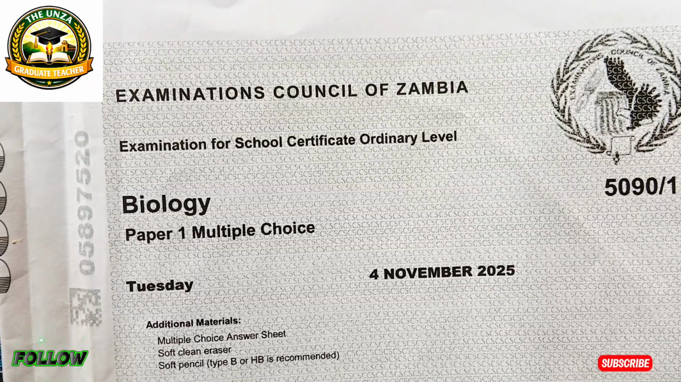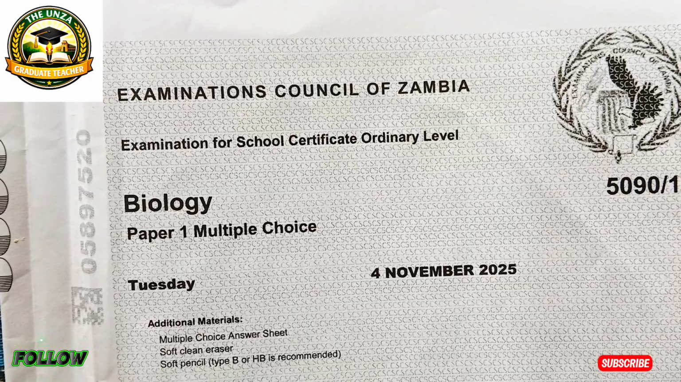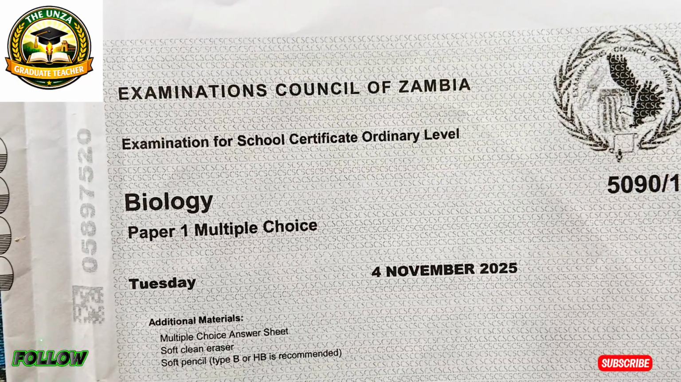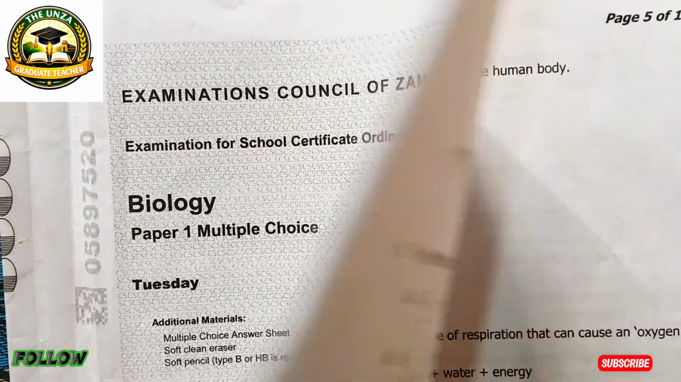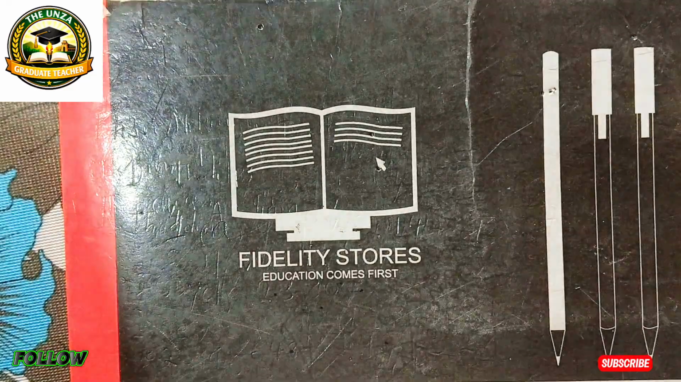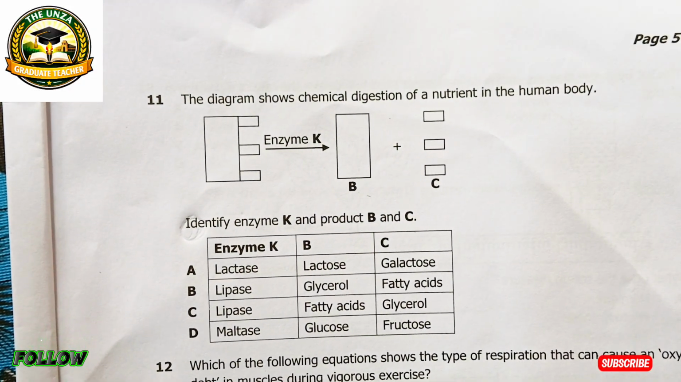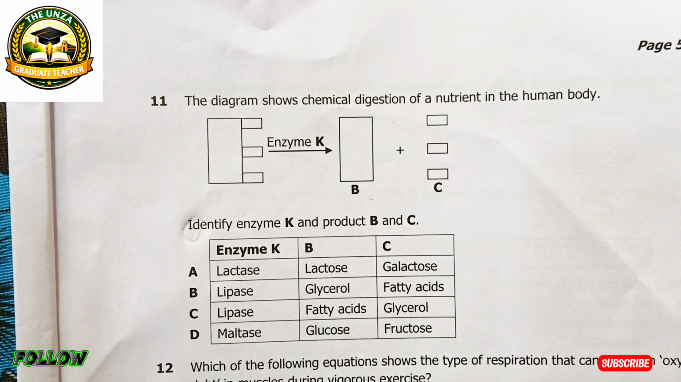We are looking at questions which came in the Biology Paper 1 multiple choice, 2025 November exam. So we are going to look at question 11 to question 14 of the multiple choices. So now, according to question 11,